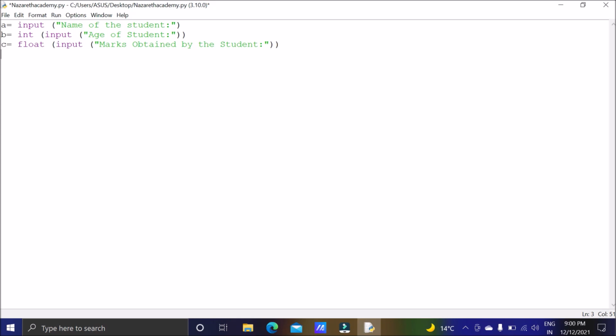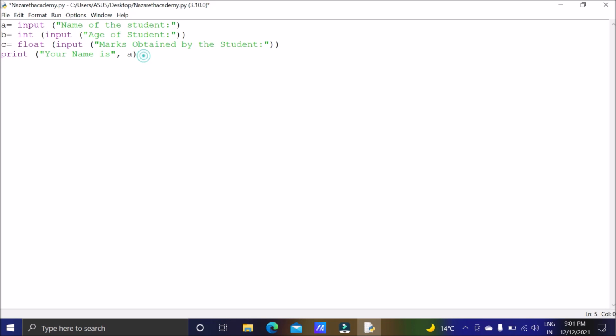Now I will print whatever value will be given by the user. So I will first go for print. After that I want to write like this, your name is a. Name will be saved in a, so I will go for a.